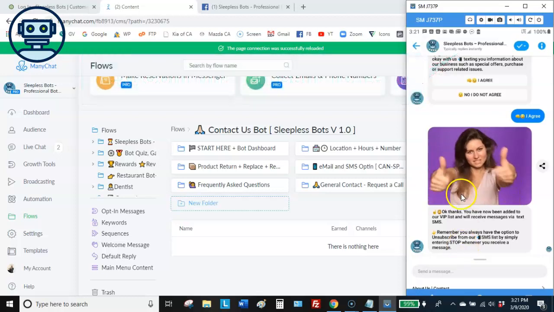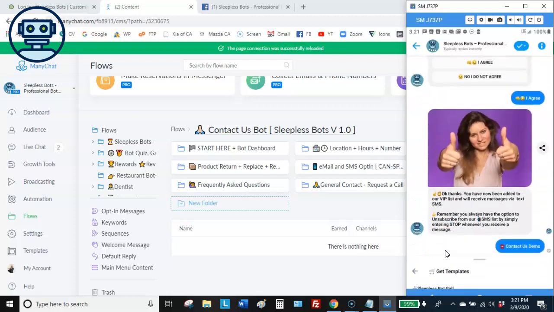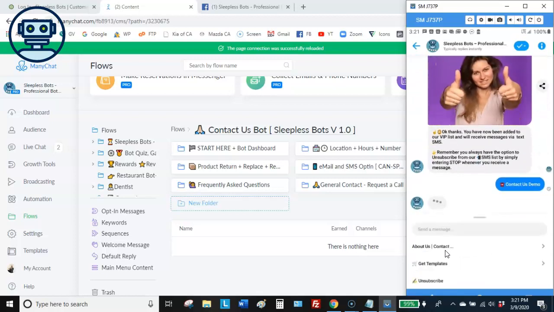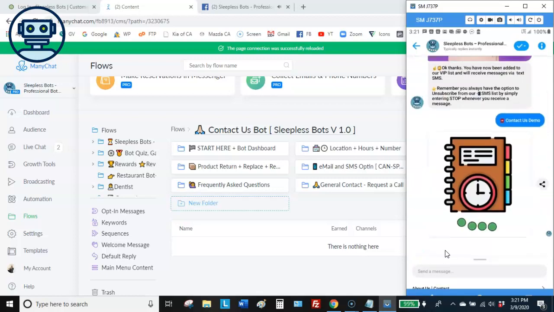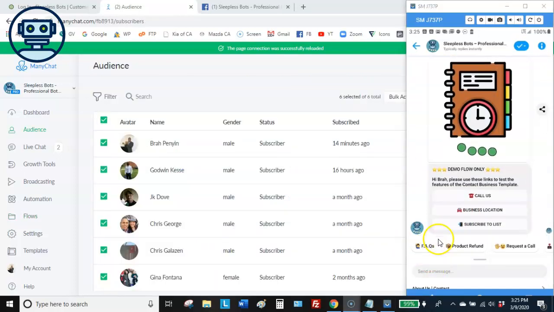Okay, so all right, so let's go ahead and check out some other features. Let's go over here, contact us demo. Let's go ahead and check out some other features on here. All right. Okay, so let's try frequently asked questions. Okay, this is another tool that we added, and the whole idea with the frequently asked questions is that we